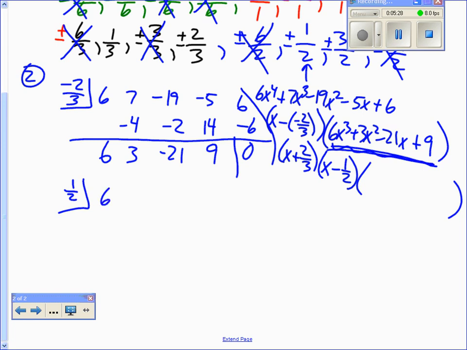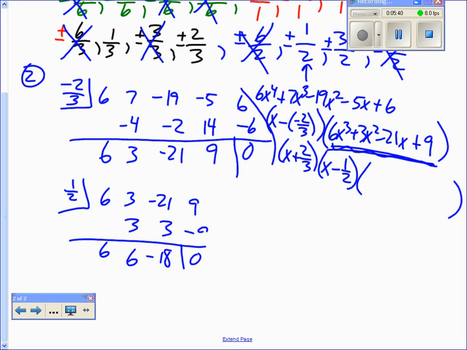So I'm going to use that 6, 3, negative 21, and 9. And I know it's going to give me a remainder that's 0 here. Hey, it worked, right? So this is going to be 6x squared plus 6x minus 18, that's what I'm going to put in right over here. Okay. So now I'm to